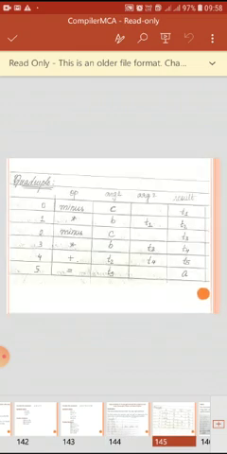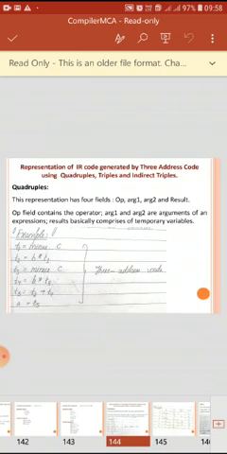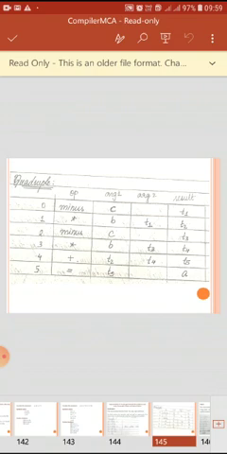As I've told you, quadruple comprises 4 fields: operator, 2 arguments and the result. Now, how is it represented? Operator, argument 1, argument 2 and result are the column headers. In the rows we'll have the line number, that is 0 1 2 3 4 5.